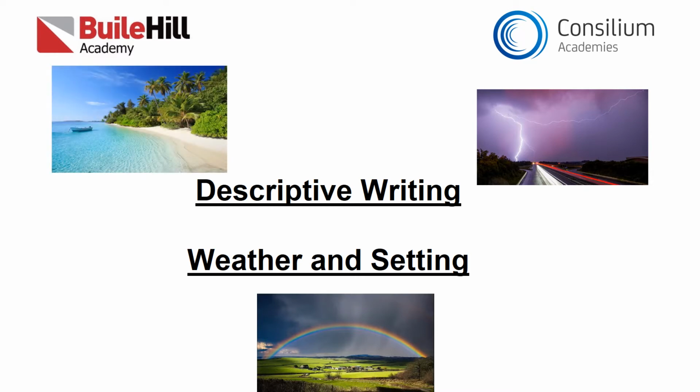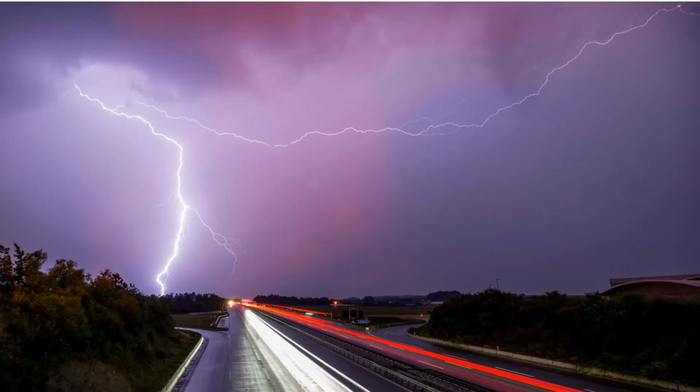So looking at those three images there, which we're going to go into a little bit more detail on in a moment, every different story will have its own weather that will have an impact on the plot and the atmosphere. So the first photograph that we have there, you'll surely spot this lightning creating a sense of anger, maybe a sense of aggression, those dark stormy clouds up at the top of the screen, and even the darkness that surrounds the whole landscape that's there in front of you, creating a particular atmosphere.